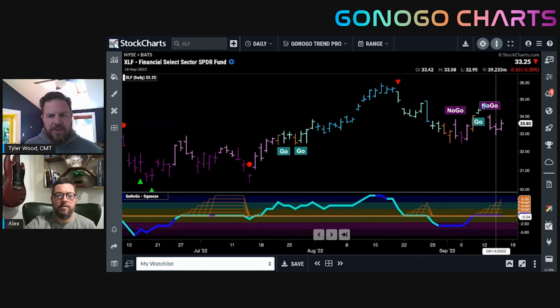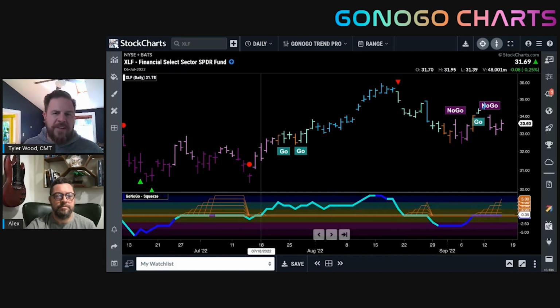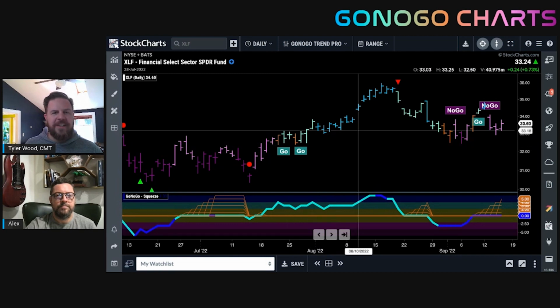For those of you who've watched Squid Game, you know that a game of tug of war can end dramatically for the losing team. So when the bulls and bears are vying for control over price action, we see high velocity moves in the direction of those breaks. Here we had negative momentum. We're in a NoGo trend. Prices are moving down and then stabilize through that max squeeze. We break to the upside and we see positive momentum throughout that initial rally in the financial sector.